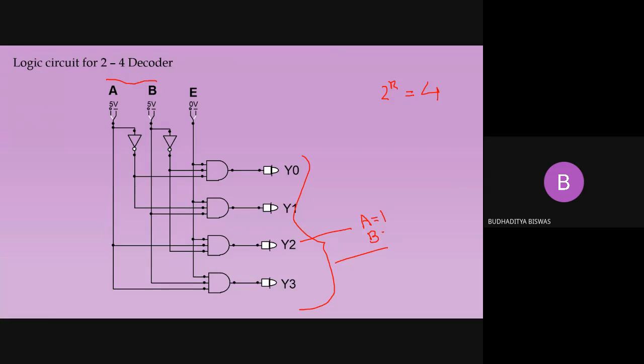Okay. So now you see that I just told you that Y2 equal to high. So if the Y2 equal to high, then from the characteristics of the decoder, you may understand that the input combination is A equal to 1, B equal to 0. So no separate measurements are required for that one. Similarly, if the Y3 is high, from the principle of the decoder, we may know that the input A and B both are 1 1. If Y1 is high, then we may know that the A equal to 0, B equal to 1.